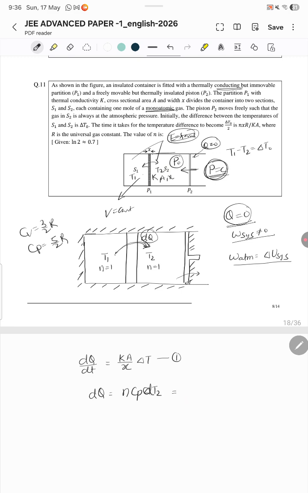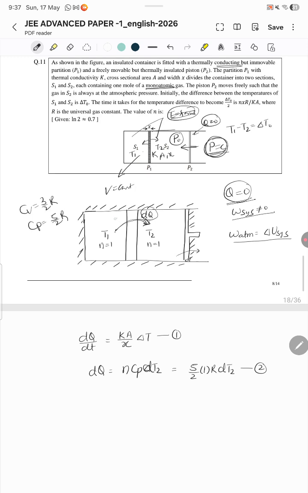Fine. So n is 1 mole. This is 5/2 · 1 · R ΔT2. This is equation number 2. And similarly, we can see one more thing, because it is losing heat, and this is an isochoric process. So here we can say minus dQ will be equal to n Cv dT1, which is again 3/2 · 1 · R